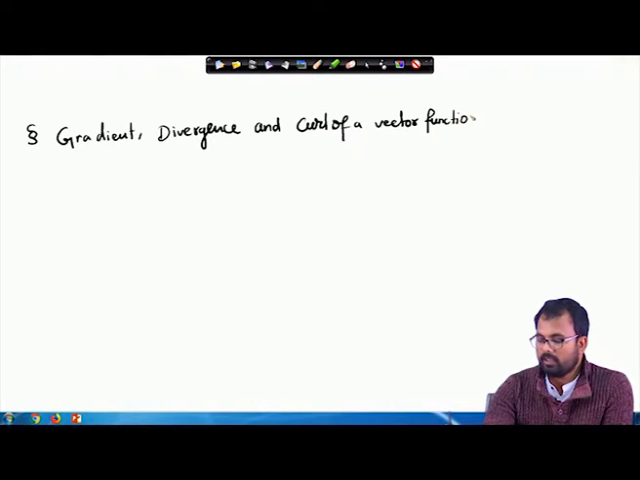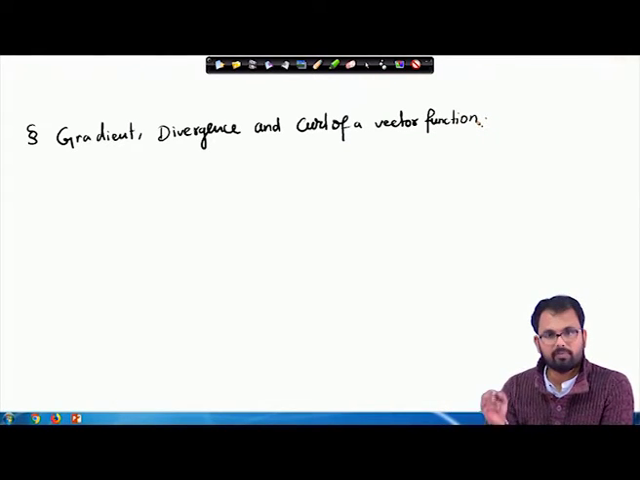By the way, gradient is taken on a scalar function, and divergence and curl are taken on a vector function. So, it is not like gradient of a vector function, it is always gradient of a scalar function and divergence and curl of a vector function. Now,